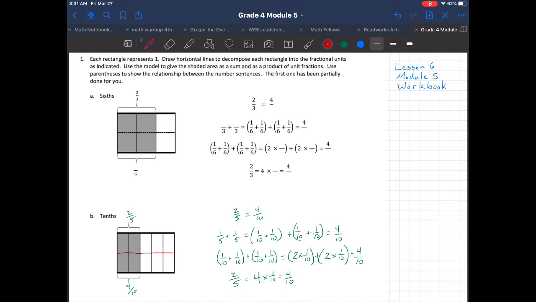This is lesson 6 in module 5. It requires a whole lot of writing, and the directions are a little convoluted. So let's jump in. Number 1, each rectangle